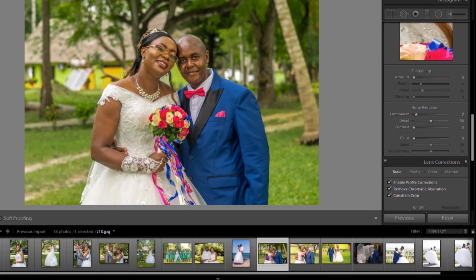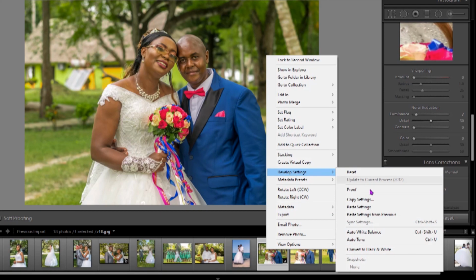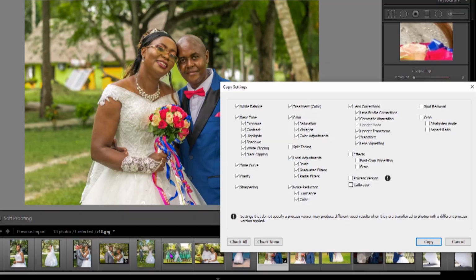here, I've edited it. So what I'm going to do, you're going to right click here, come to development settings, and then you come to copy settings, and then you can have all the settings that you have done here. The white balancing, the basic correction tools, and then you can check tone curving, clarity, and then we can check all this kind of, even the color looks the same, and also yeah, we can copy